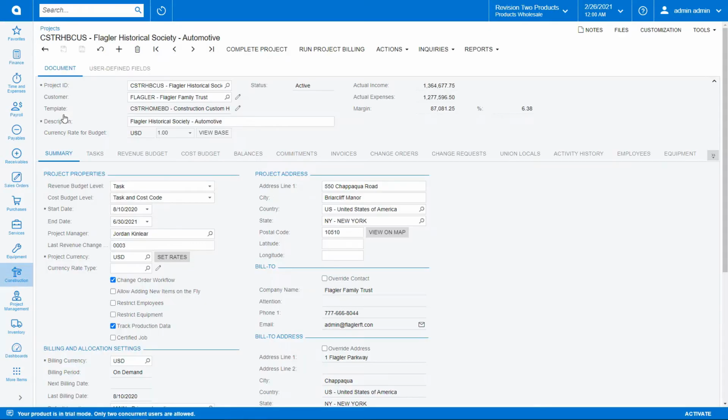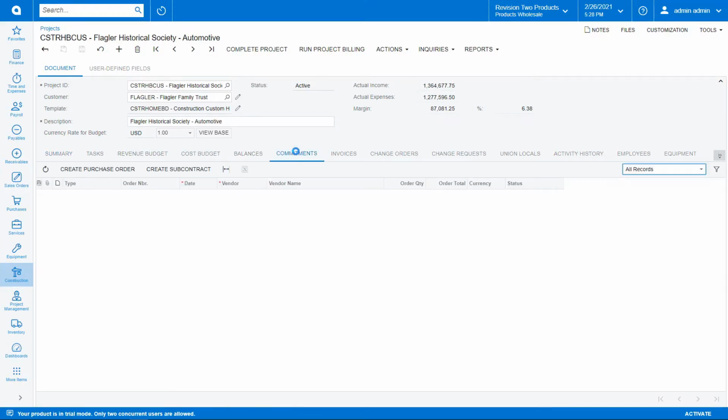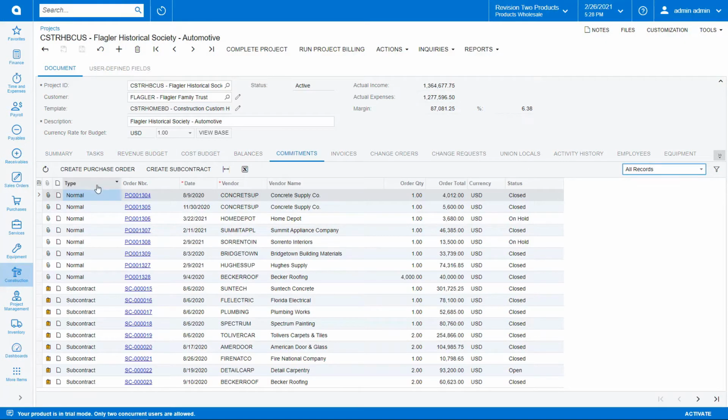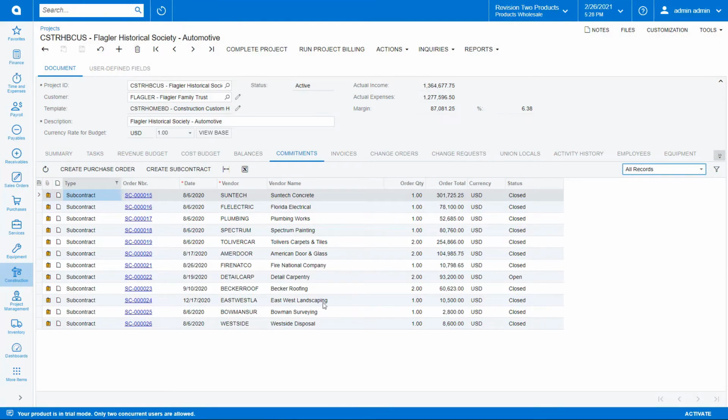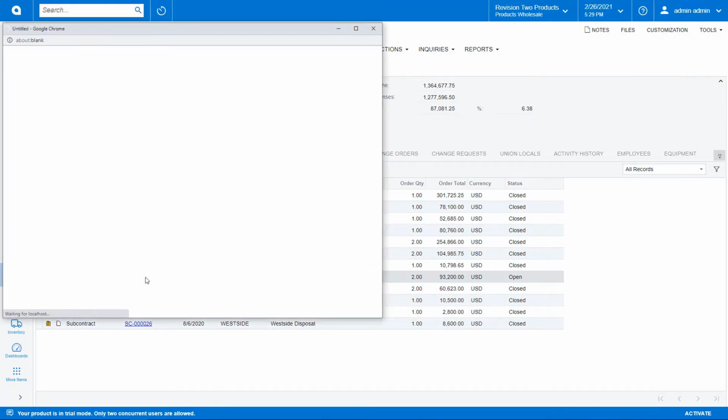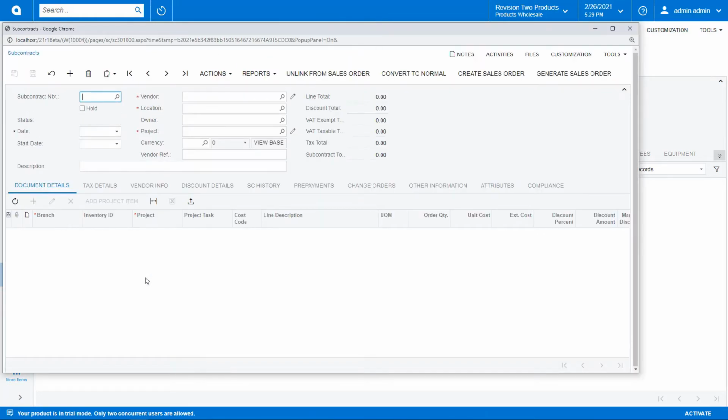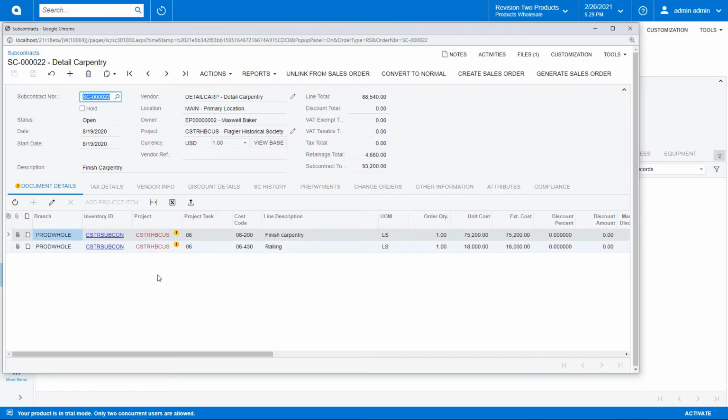Just drilling in from my dashboard takes me right into that particular project, and right on my project console I can get in and see what those commitments are. Well, for this scenario today, I just want to look at particular subcontracts. So let's go out there and say, just show me the subcontracts. I can see any historical commitment information as well as anything that's open. And then even from my project console screen, I can say, what are these guys doing for us? What's Detail Carpentry doing for us? And I can drill right into that particular subcontract,